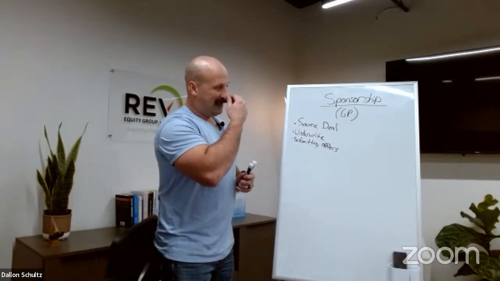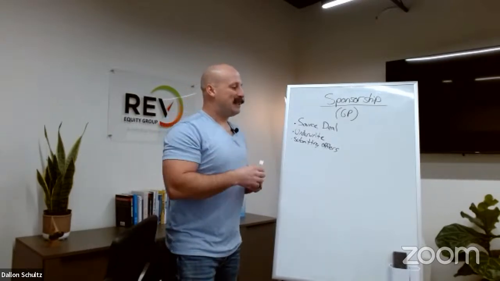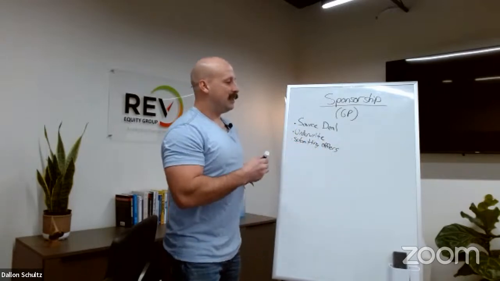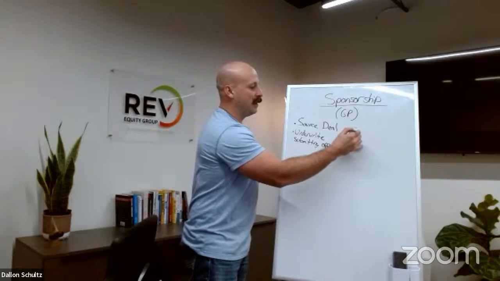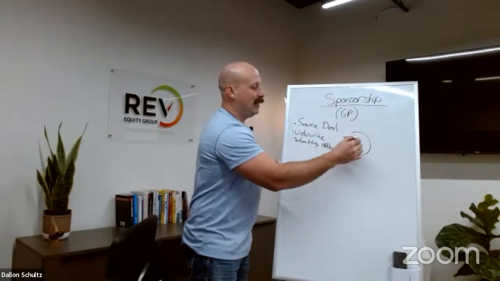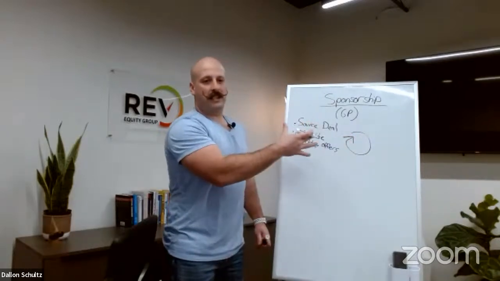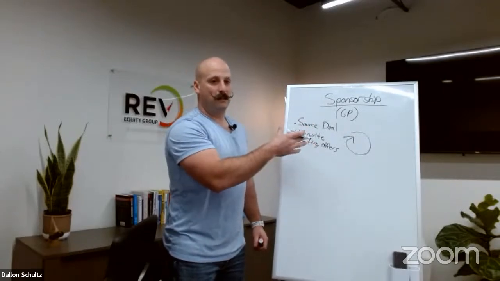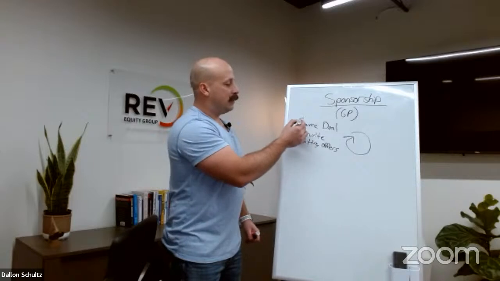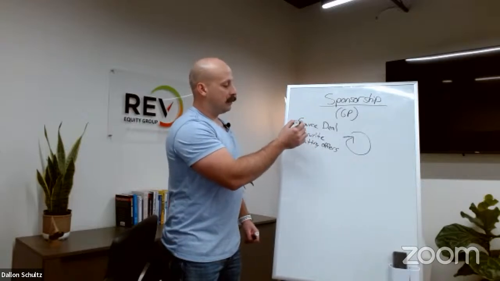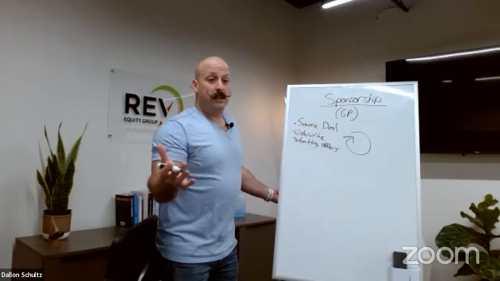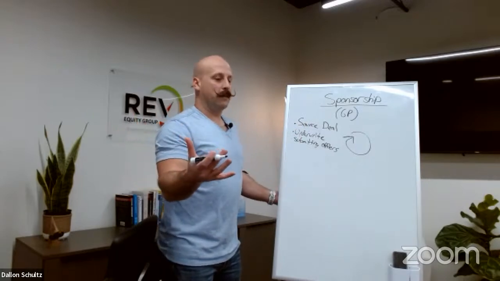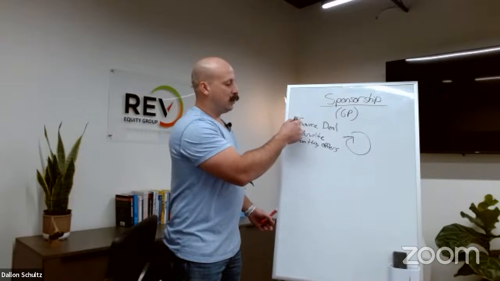And anyone that's been in this space knows that this process of sourcing deals, underwriting, submitting offers, this is a continuous cycle. You might go through these 3 steps for months, 6 months, 12 months before you even get into a deal. Because you'll source a deal, you'll underwrite it, and most of the deals you underwrite may not even make sense for you and your team, or you're not comfortable moving forward with it. So then you go back to sourcing more deals.